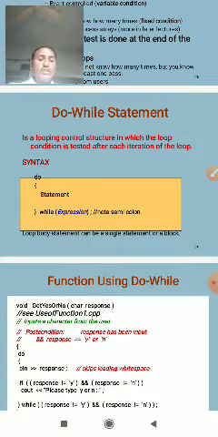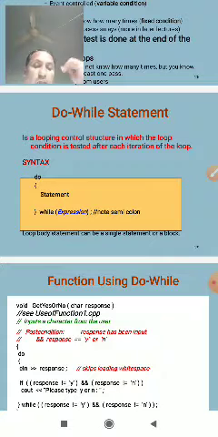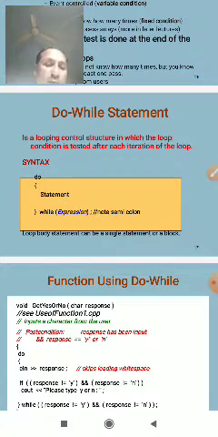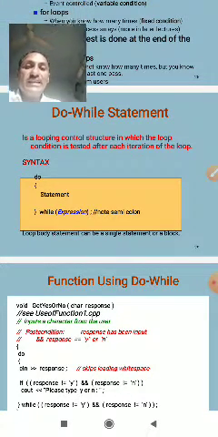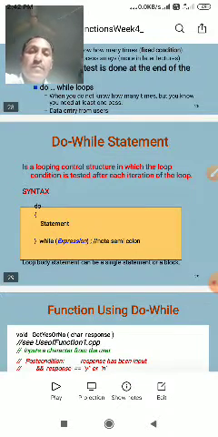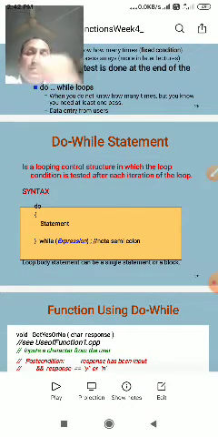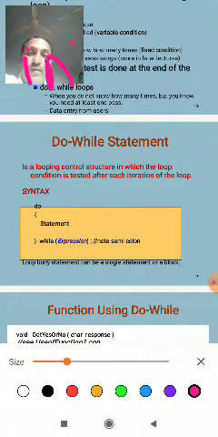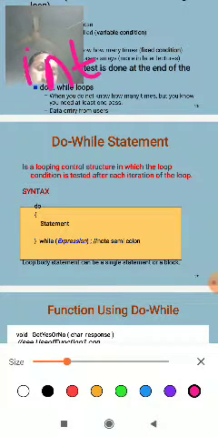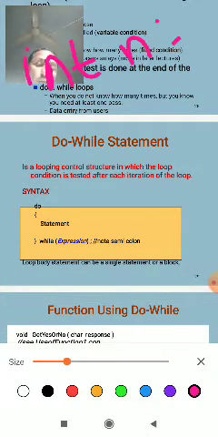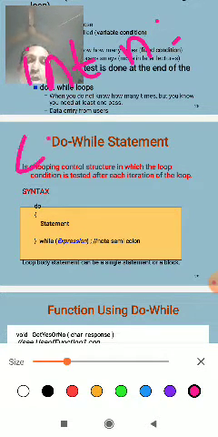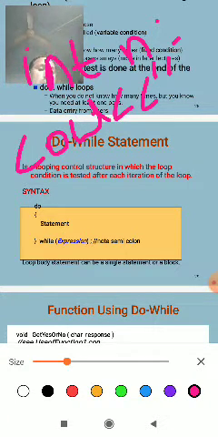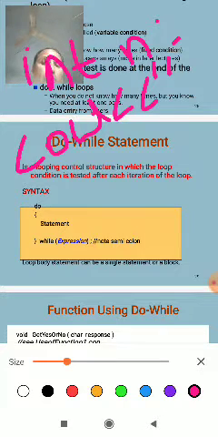#include <iostream.h>, example program. void main, initialization: int n; cout, double quotation, how many integers to be displayed or given number.